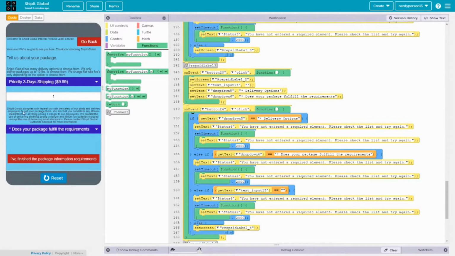But yeah, ShipIt Global complies with federal law with the safety of our pilots and delivery. Does your package fulfill the requirements? Technically, the package that we're shipping, as an example, would be a battery, but since it's a phone, then it fulfills the requirements. And I finished the